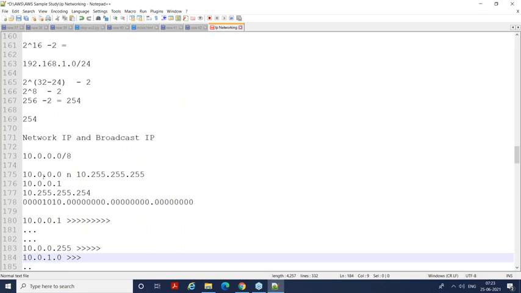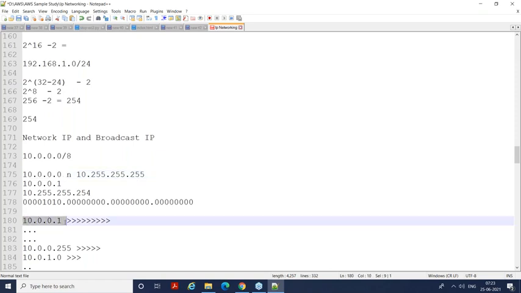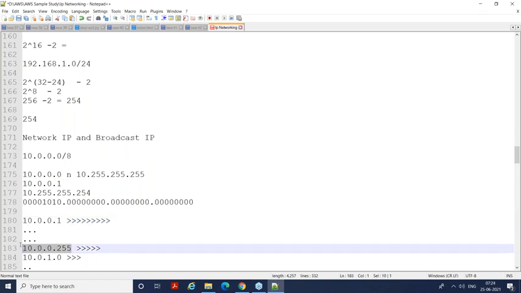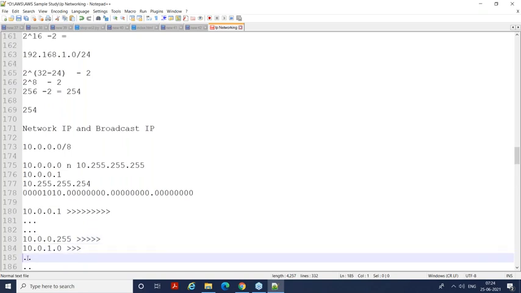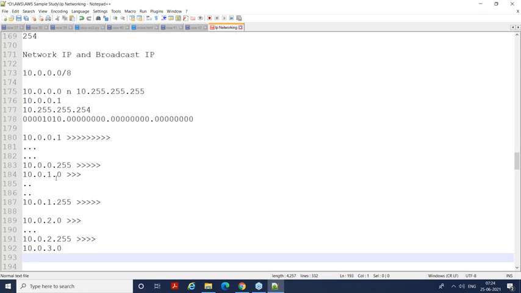So 10.0.0.0 goes up to 10.255.255.255. So the very first usable IP address would be 10.0.0.1, and it goes up to 10.0.0.255, like 10.0.0.1, 2, 3, 4, 5 up to 255. Then it will change to 10.0.1.0. Okay, 10.0.1.0,